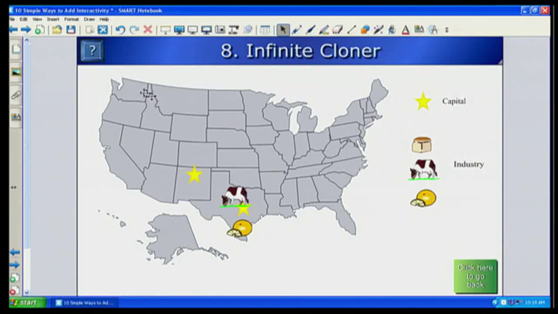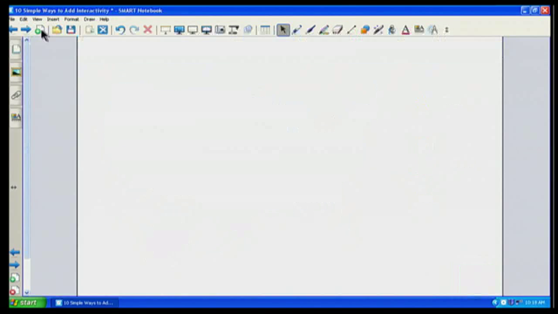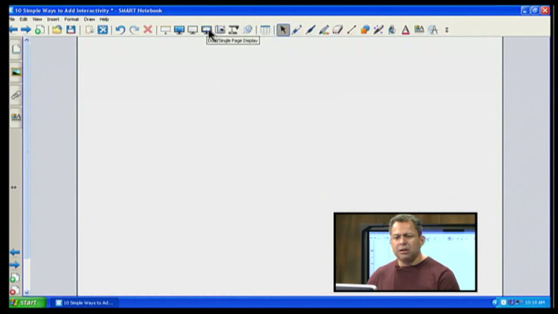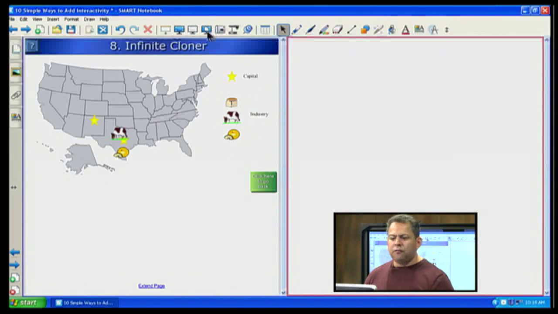And on my toolbar, I'm going to choose that first part here with the Add a Page. So I'm going to add a blank page in my Smart Notebook. And from here, I'm going to go back to my toolbar, and I'm going to go across to where I have my dual page display, because I still want to see the object I was working from to create. And so the first thing I'm going to need is this picture of the